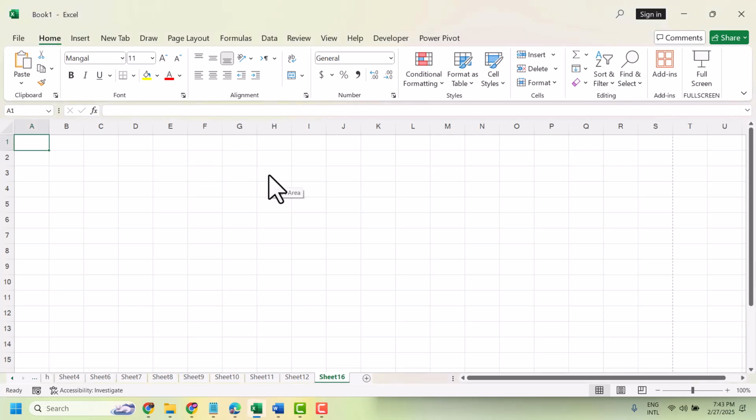Hello friends, in this video I will show you how to set A6 paper size in Excel. So very easily you can set this paper size in Excel. So firstly,